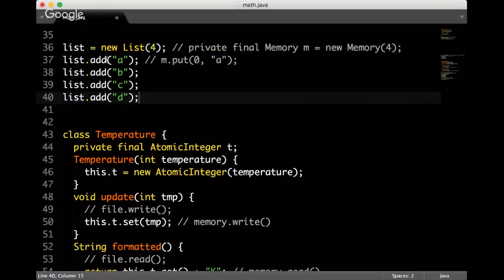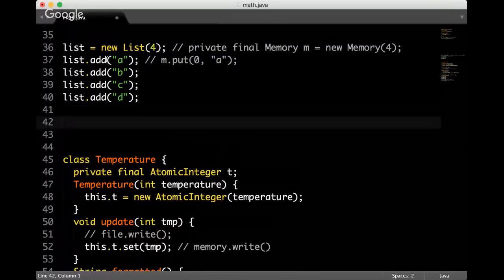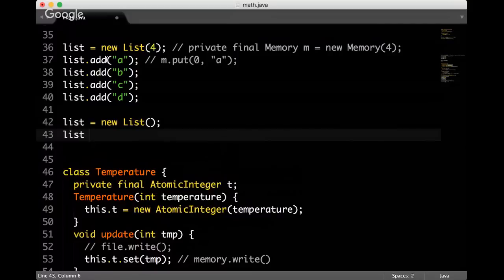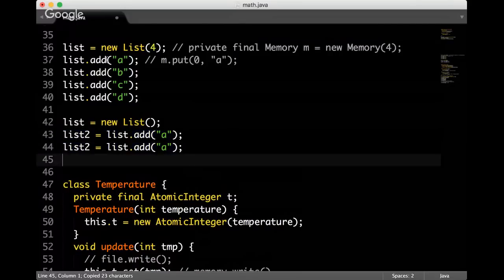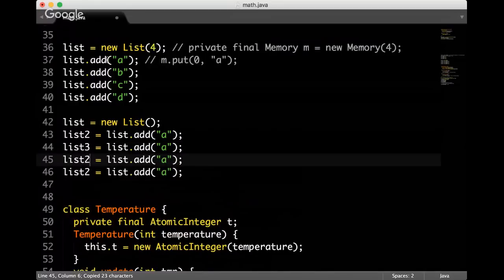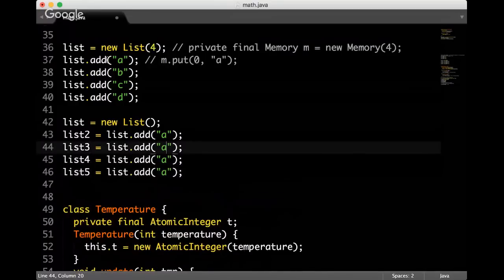Because the pure immutable, if the list would be constant, then this code above would look like that. List, and then we would say list 2 equals list add, just like that.